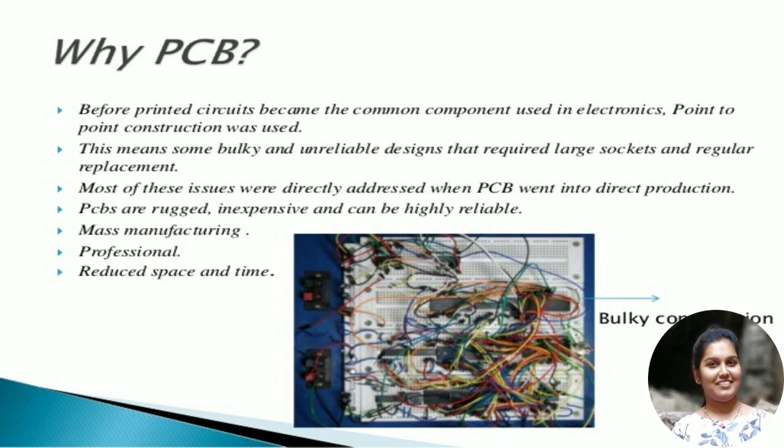Otherwise, the circuits we design would be very tedious, and each circuit we develop would take much more time compared with PCB. If there were no PCB, the development process and all technology advancement would be very tough.